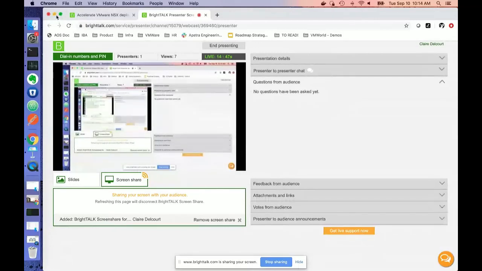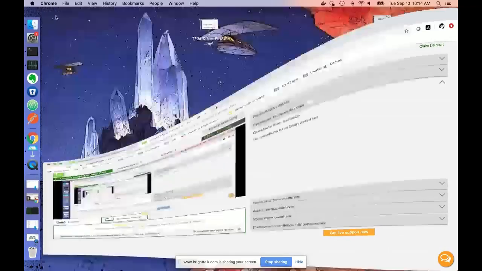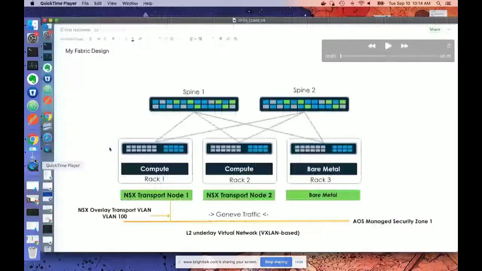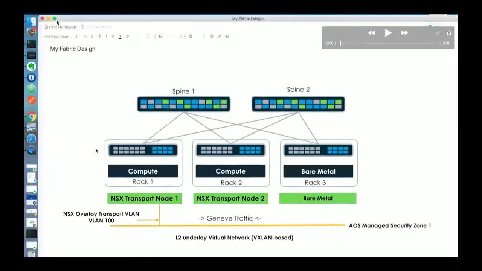Now that my screen is loaded, I can open up the pre-recorded demo. During this pre-recorded demo, what we are going to do is show you how, using the AOS Web UI, I can deploy a brand new spine leaf architecture fabric to host my NSX-T infrastructure,